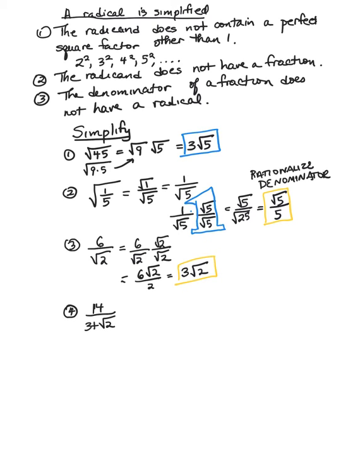Now, to rationalize the denominator here, we can't just multiply by the square root of 2 over the square root of 2, because we would have to distribute and we would have a 3 square root of 2 in the denominator. So that doesn't work. So we go back to a very important property that we discussed, the difference of 2 squares, which you know is a squared minus b squared. So to rationalize this binomial denominator, we will multiply the top and bottom by 3 minus root 2 over 3